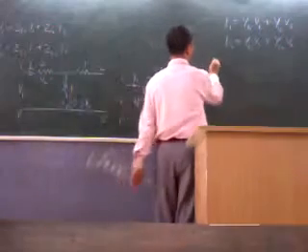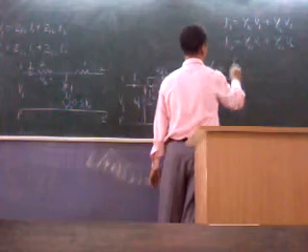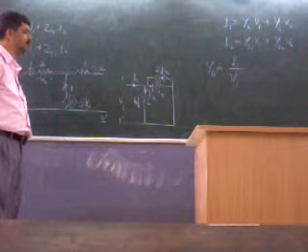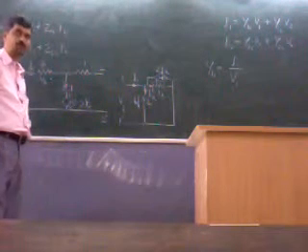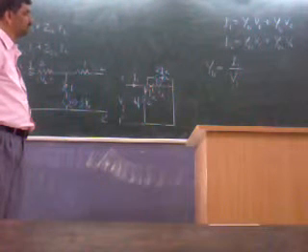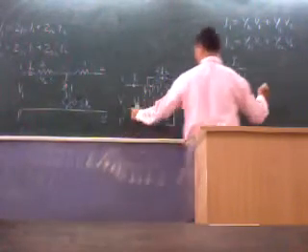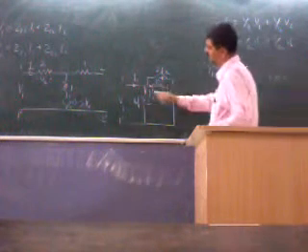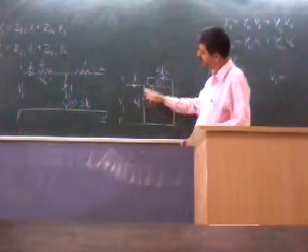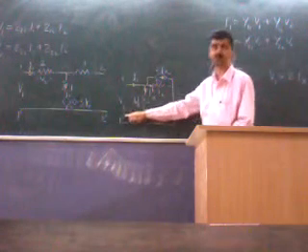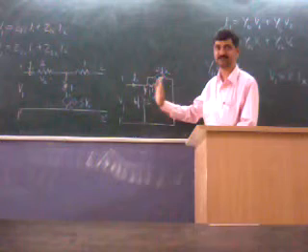Now Y11 is I1 upon V1. So how do we write for a loop? Two loops we have to use. We have to remove Ix so that we get the answer. So for this loop, what is V1? 2Ix, right? V1 is equal to 2Ix. Just look at this loop.